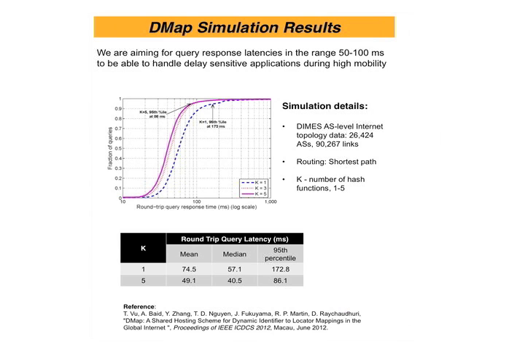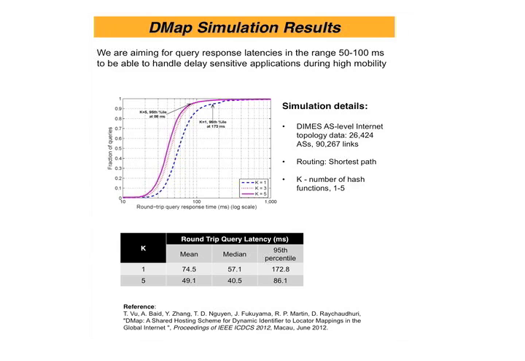The graph here shows that as you use more hash functions, you reduce the latency incurred in retrieving the mapping. With 5 hash functions, you could reduce the retrieval latency to around 80 milliseconds,